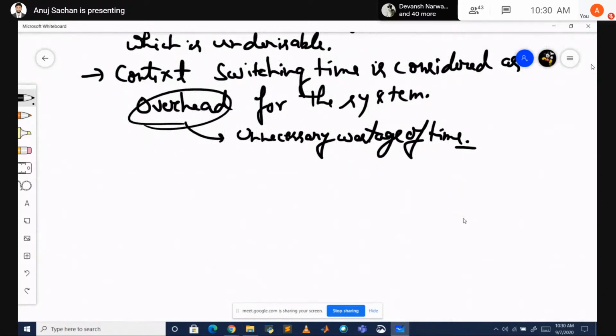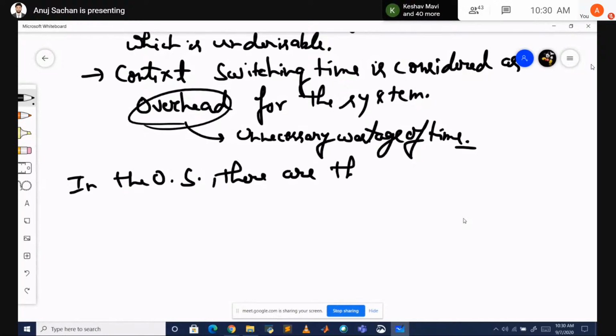तो जो भी आप पढ़ रहे थे ना, न्यू स्टेट से रेडी स्टेट में जा रहा था, रेडी स्टेट से रनिंग स्टेट में जा रहा था, रनिंग से वेट और ब्लॉक स्टेट में जा रहा था, ये सब काम करते हैं आपके शेड्यूलर। तो ऑपरेटिंग सिस्टम में 3 टाइप के शेड्यूलर होते हैं: लॉन्ग टर्म शेड्यूलर, शॉर्ट टर्म शेड्यूलर और मिड टर्म शेड्यूलर। लिख लो, in the operating system there are 3 different schedulers।